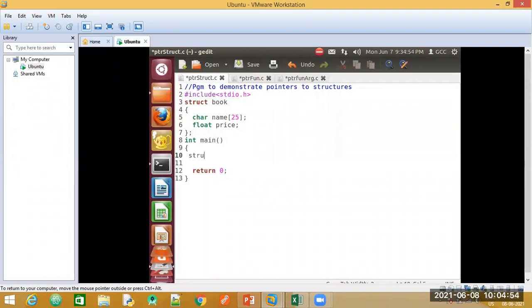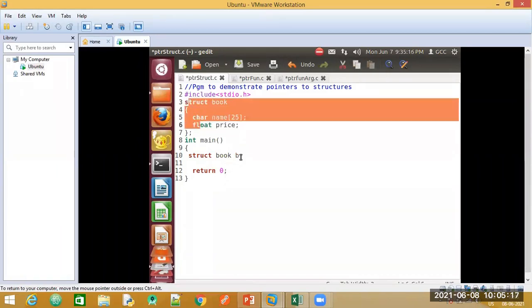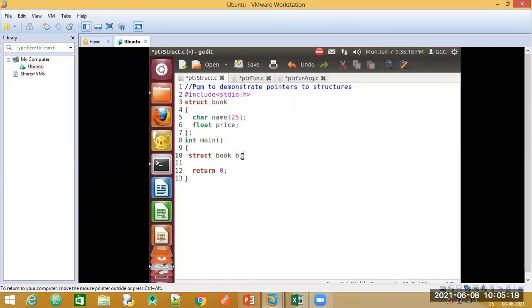I have to write struct, give your structure name, then specify a variable by which I am able to access my structure. So let me say B. With the help of this B variable, I will be able to access these elements, I'll be able to access this structure. So I have declared it.